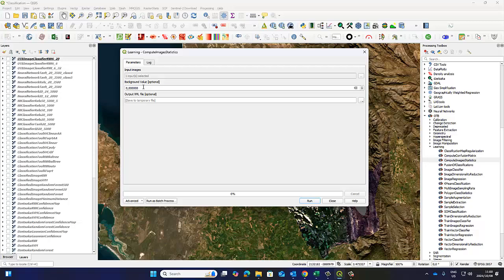And the background value, you leave at 0, and then you save it. What is important when you save it, you have to save it as a .xml file. It doesn't automatically know the format that you have to save it in. So you have to save it, let's say, as train.xml. So remember that. Always add the .xml, whereas previously, like in Excel, it will automatically put the .xls